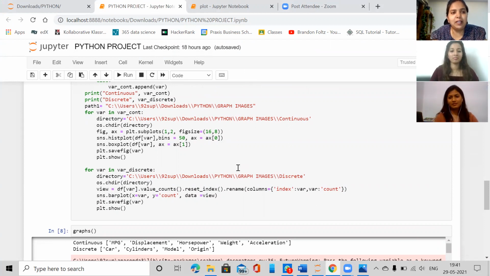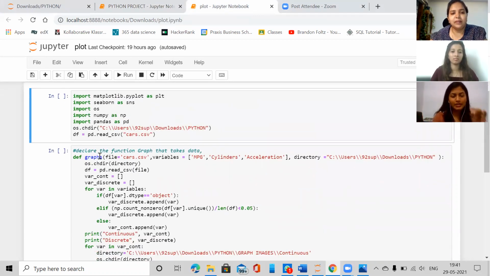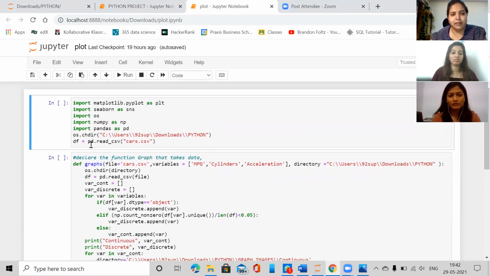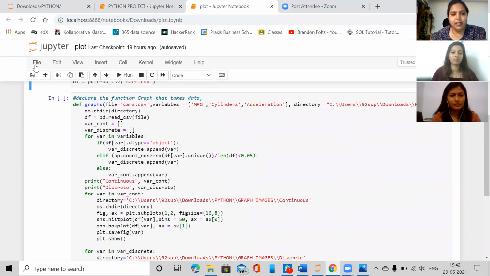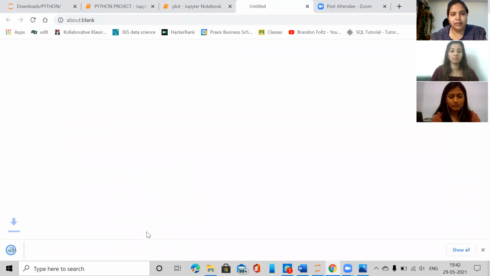So why don't you just download this file as a .py, save it in the Anaconda lib folder, and then import it the way you import any other NumPy or Pandas. Why don't you just give it a try? Yeah, sure. Let me give it a try. I have copied the graph function that was our main part, as you said, along with the libraries. And you want me to download it as py, right? So let me do it.